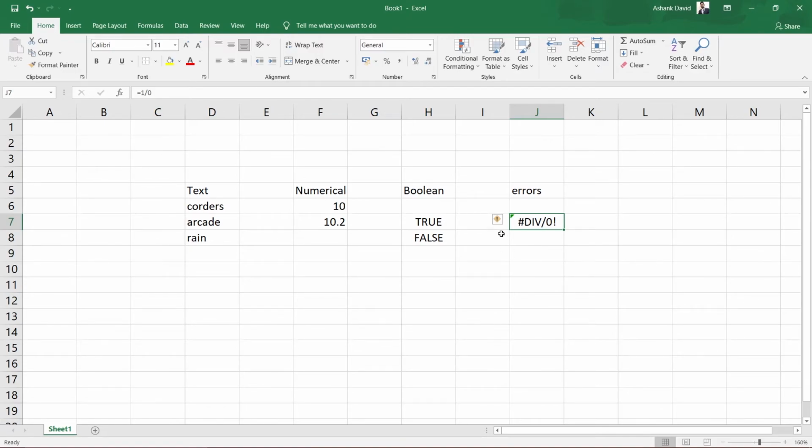If you click onto this, the exclamation mark will come, and if you press onto it, it will say divide by 0 error. So this way you will get to know what kind of error it is. This error will also get aligned in the middle of the cell, and an error will always start with the hashtag. So this way you will get to know that this is an error. These are the four kinds of data that I wanted to discuss with you, about how a cell differentiates the different kinds of data when we enter any kind of data in a particular cell.